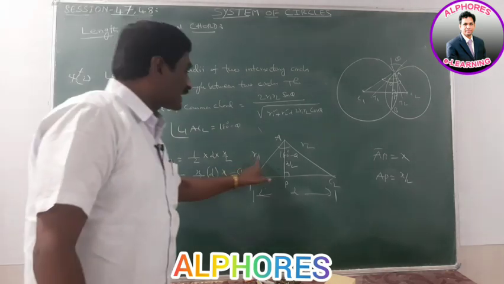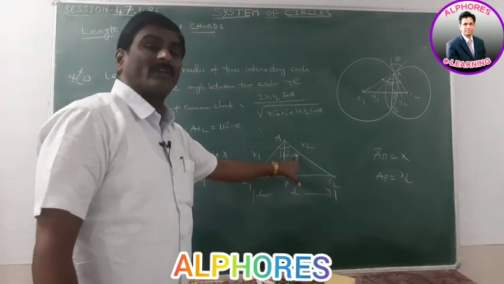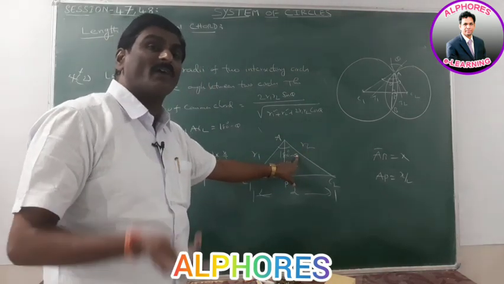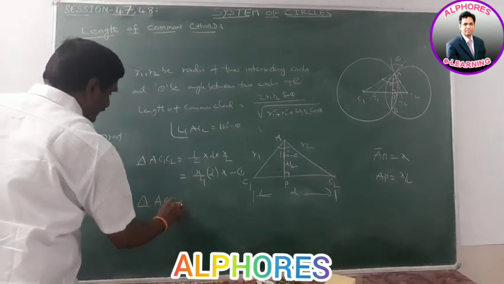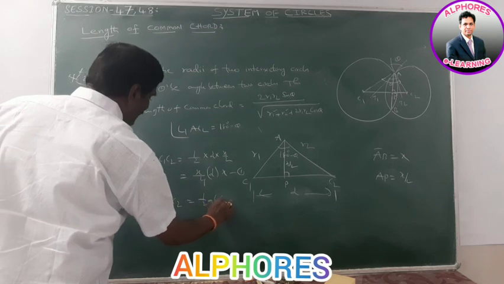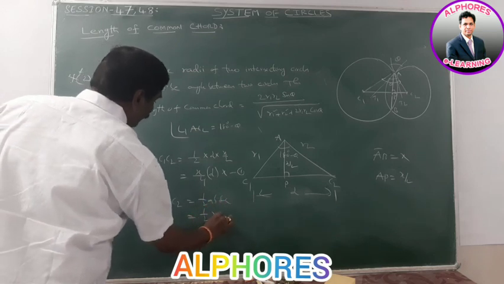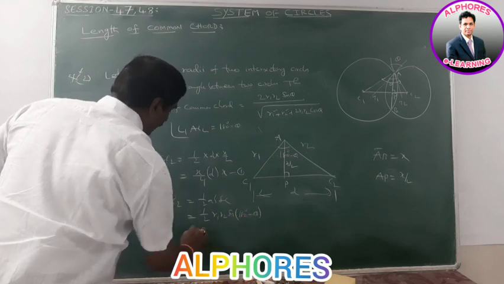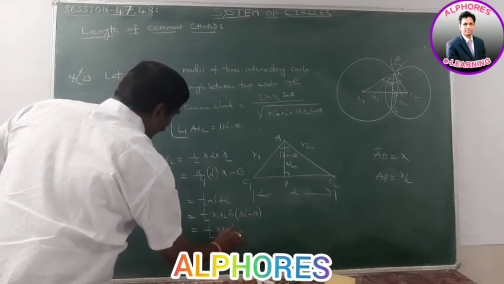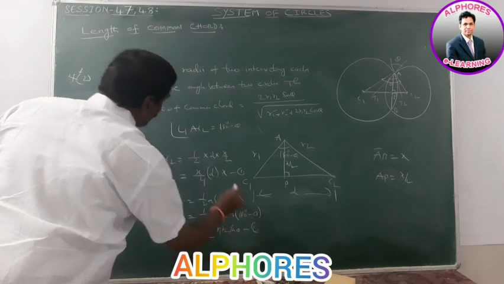Suppose two sides and the included angle are given, what is the area of the triangle? Half AB sin C, half BC sin A. By using that property, area of triangle AC1C2 is equal to half AB sin C. That means half of R1, R2 into sin of this angle, which is 180 minus theta. Sin 180 minus theta means sin theta. So half R1 R2 sin theta. By equating these two